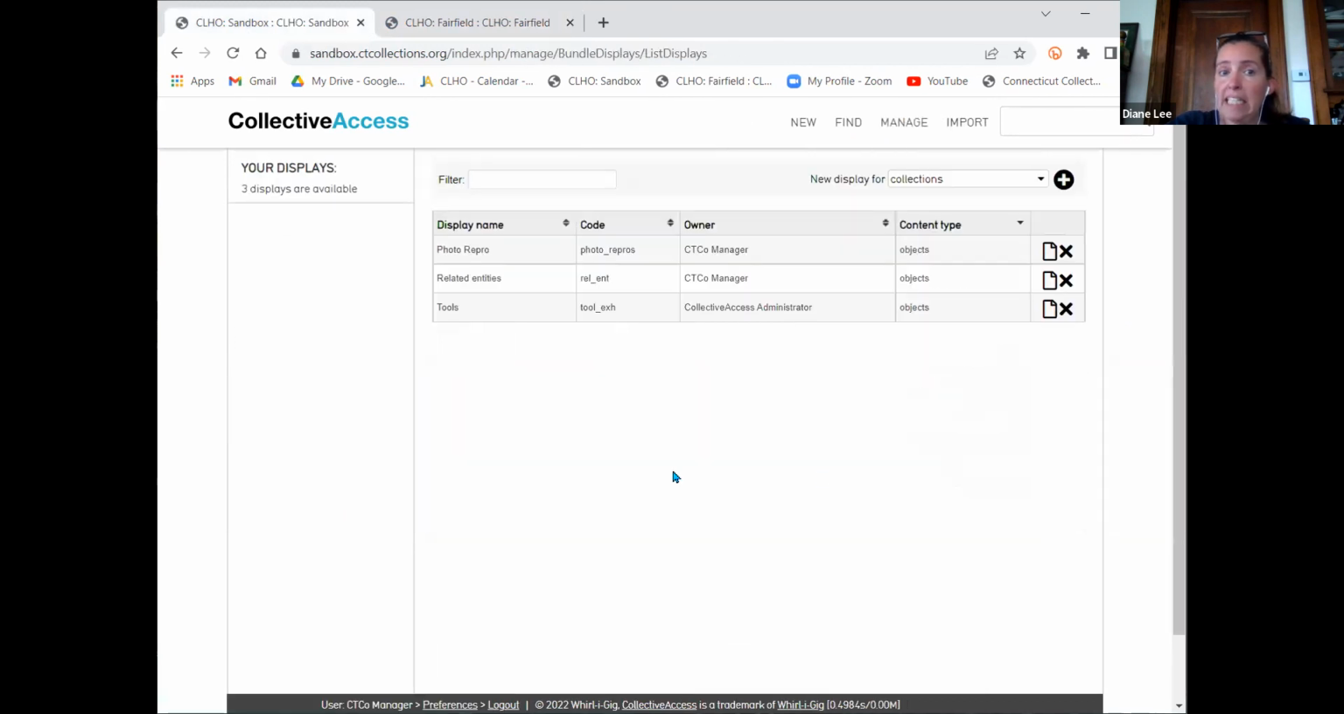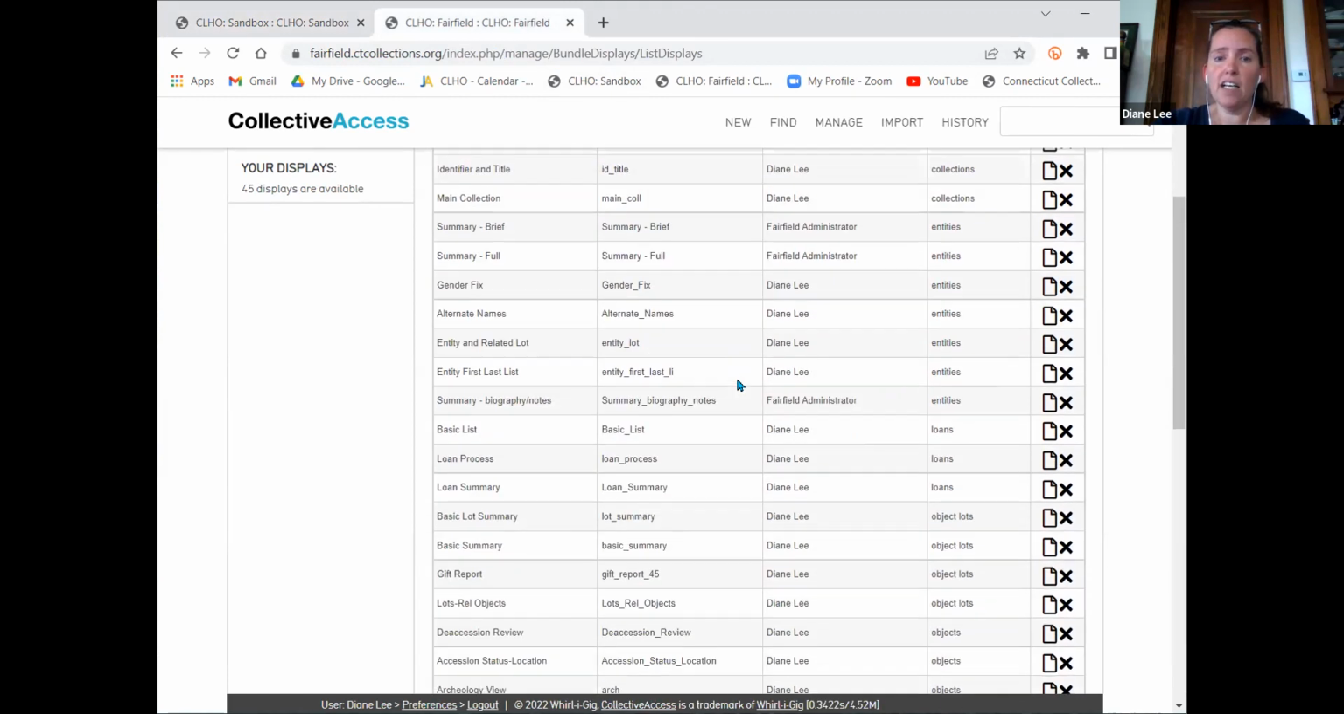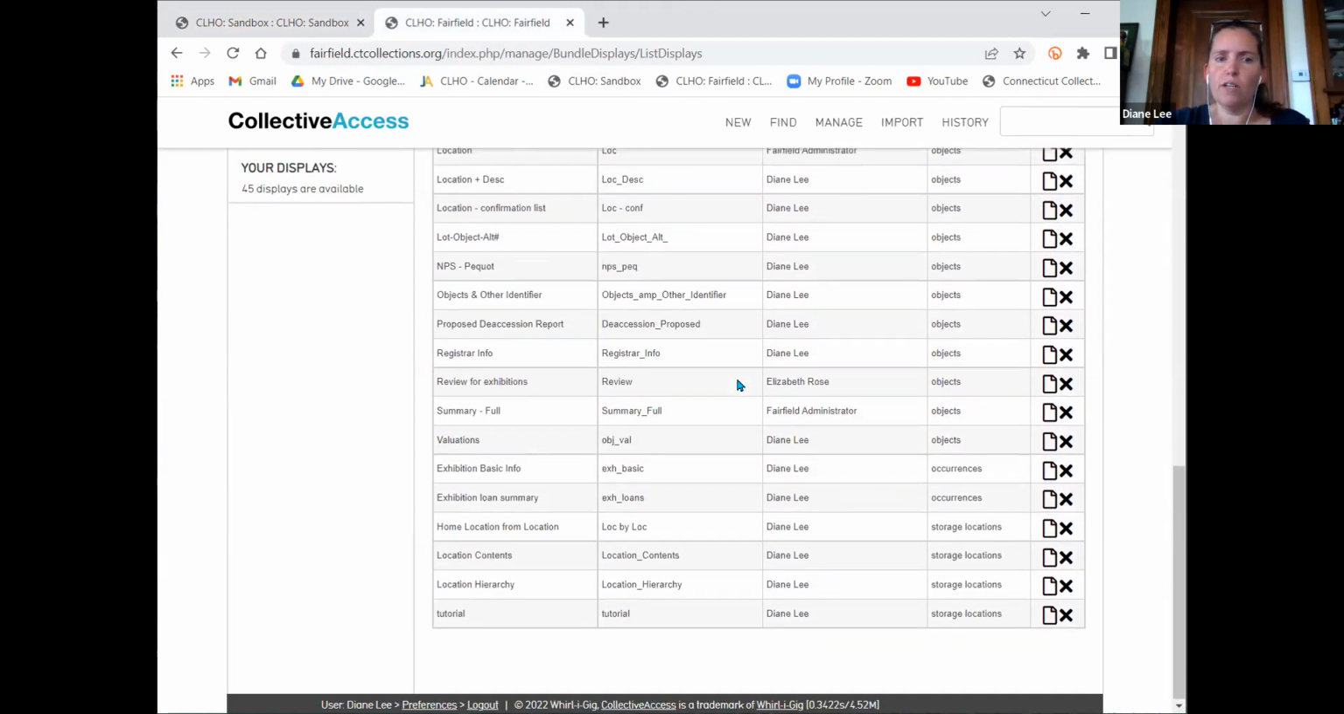Yours will much more likely look like this. It'll have up here new display, and you can do collections, entities, list items, loans, all of these things up here. Right now, the sandbox only has these 3 content types here. Something about tools, related entities, photo report, related entities we did the other day. If you're somewhere where you've got a ton of things here and you don't remember what you called something or